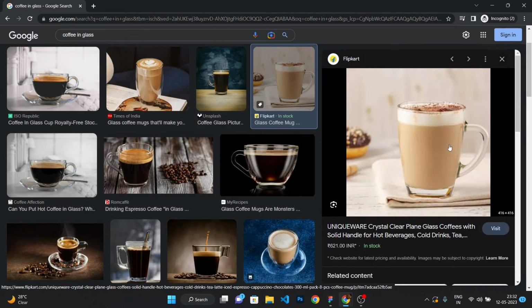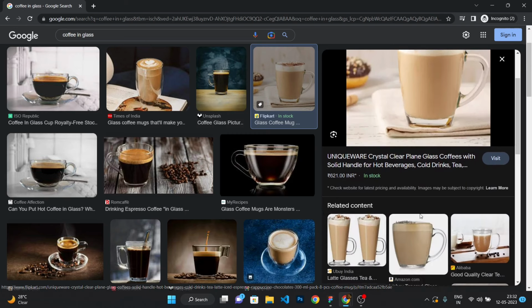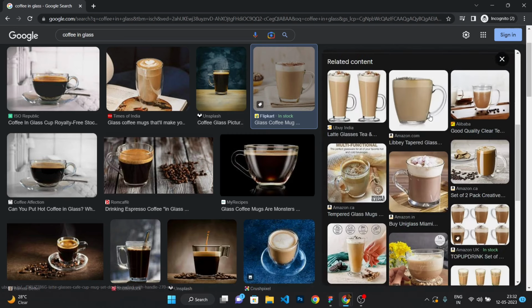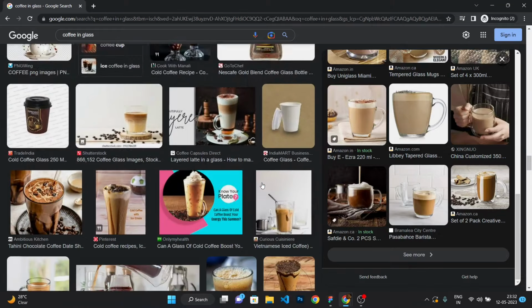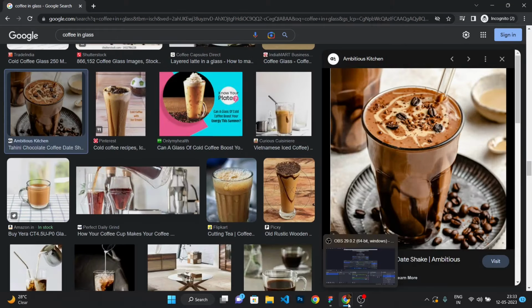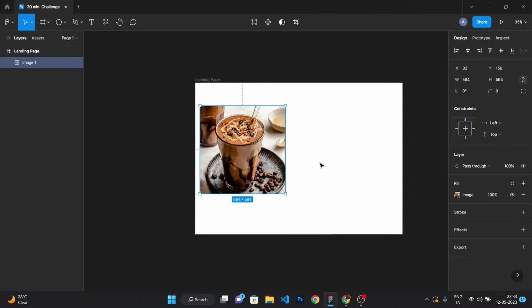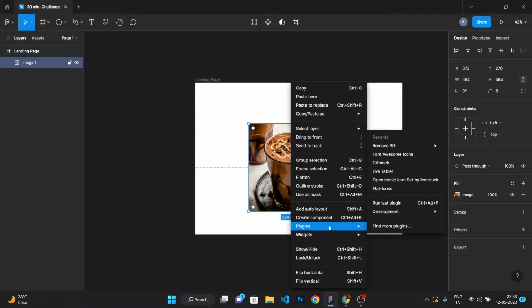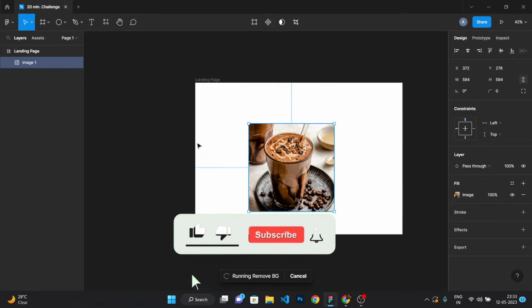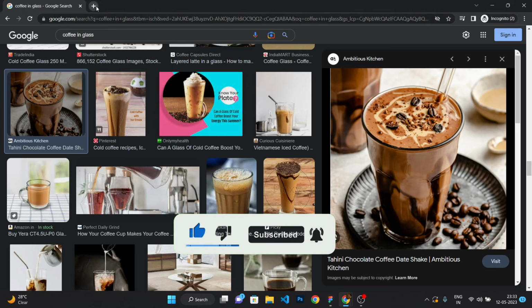It looks very delicious, but the quality is very low. We'll take this image, and I really don't know whether it is coffee or not. Let's paste this image right here, and a good thing is I have a plugin, remove.bg, so I will be using that. And while it is removing,